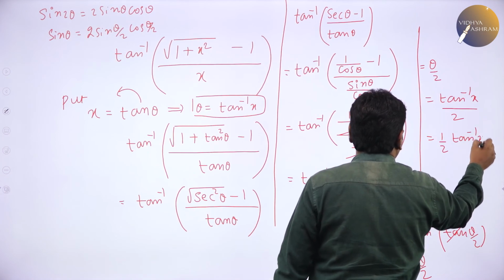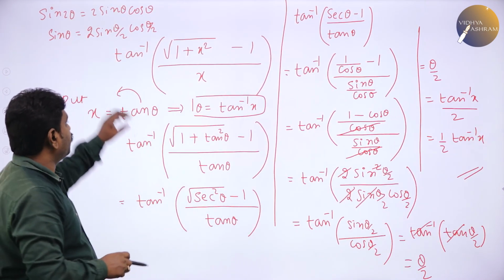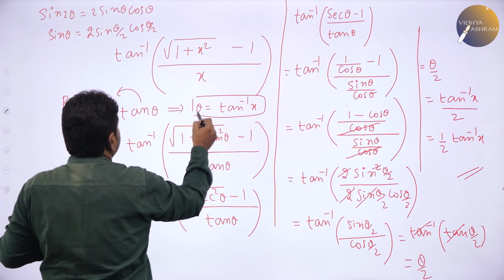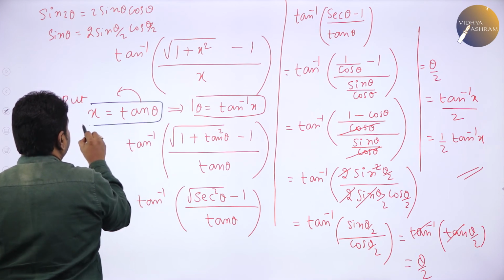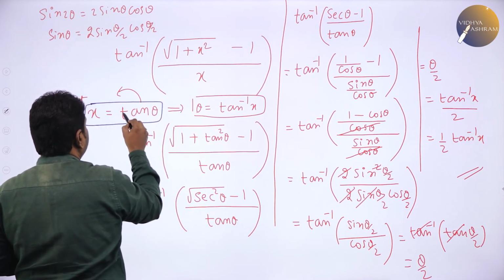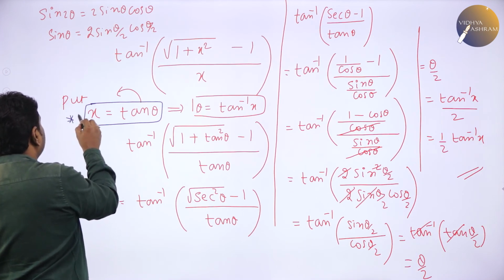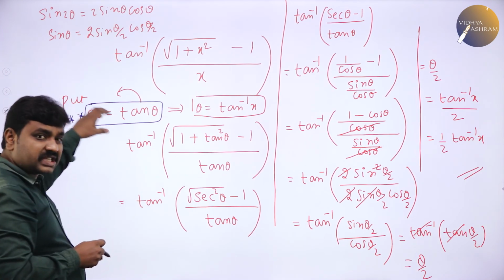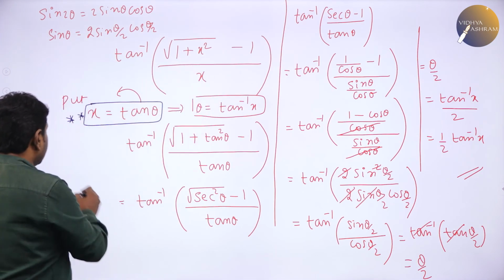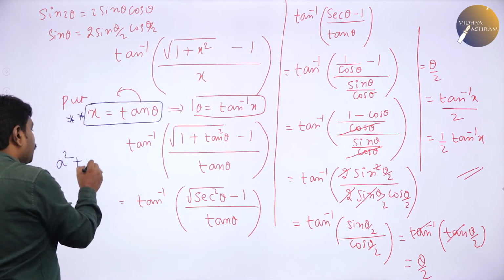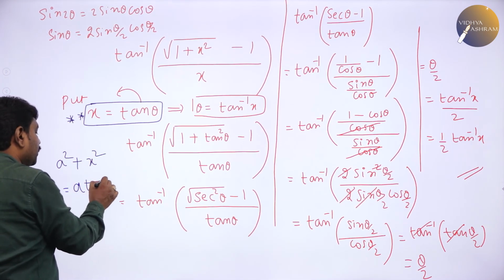So they gave a big problem and we made it simplified. But what is the hint? If you want to simplify this problem, put x as a tan theta. If you don't know this, this is a key step and you cannot proceed further. How to decide? We have to put tan theta because it is in the form of a square plus x square. Yesterday I gave the table of substitution. For the a square plus x square form, put x as a tan theta. Then it will become 1 plus tan square theta.